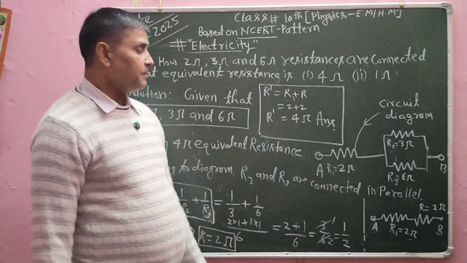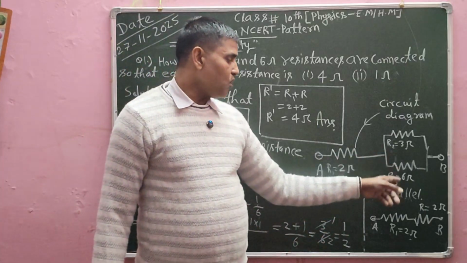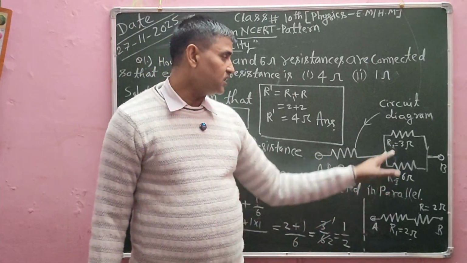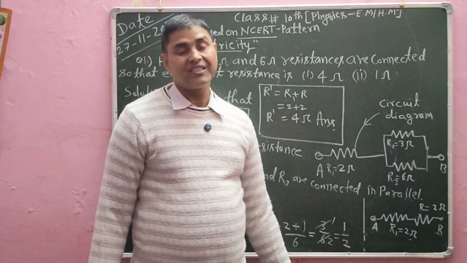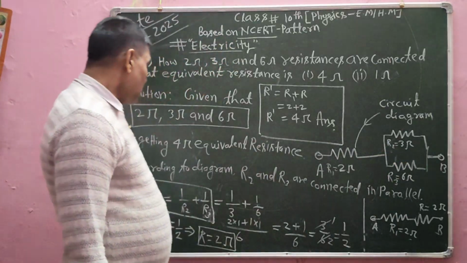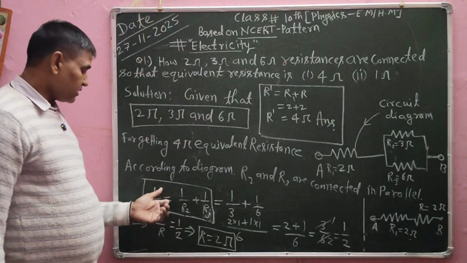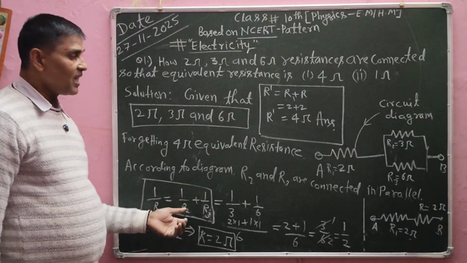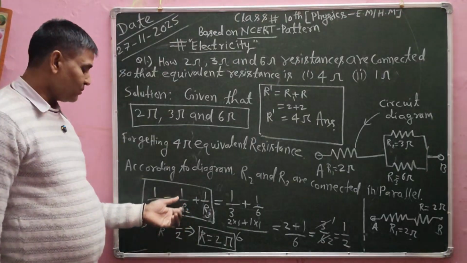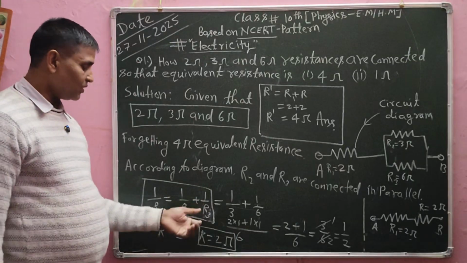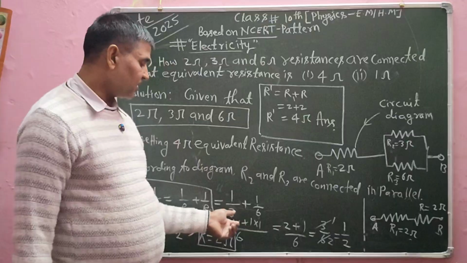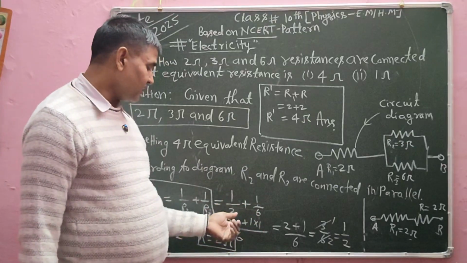तो मैंने इस तरीके से अरेंजमेंट किया। अब हम देखते हैं R2 और R3 जो 3 और 6 ओम है, उस प्रतिरोध को समांतर क्रम में जोड़ा है। तो समांतर क्रम के लिए सूत्र होता है 1/R इज इक्वल टू 1/R1 प्लस 1/R2। इट मीन्स दैट यहाँ पर R2 और R3 लिया गया इसलिए 1/R2 प्लस 1/R3 होगा। अब R2 और R3 के वैल्यू को यहाँ पर सब्स्टिट्यूट किए, 3 और 6 को।